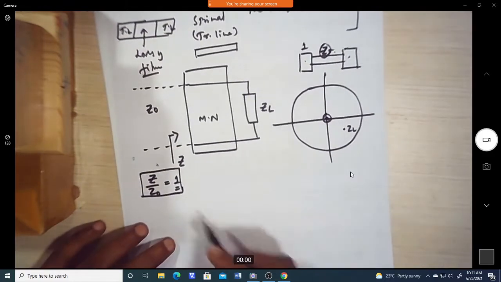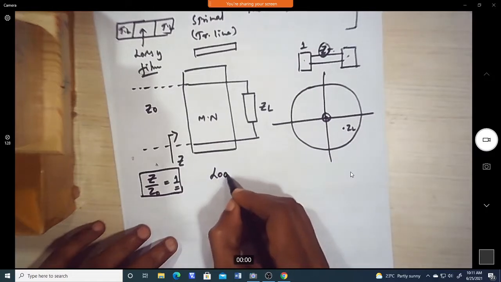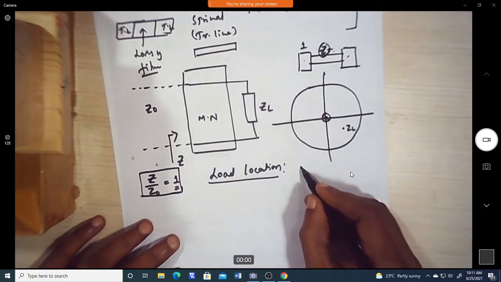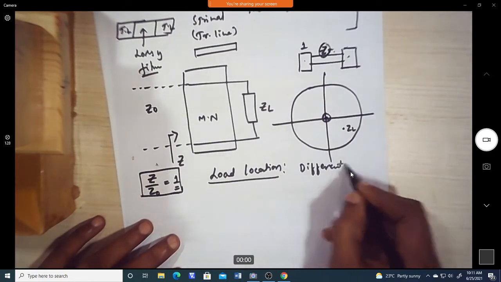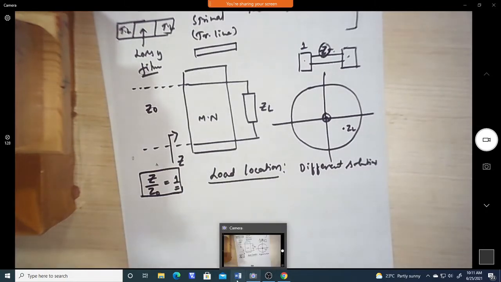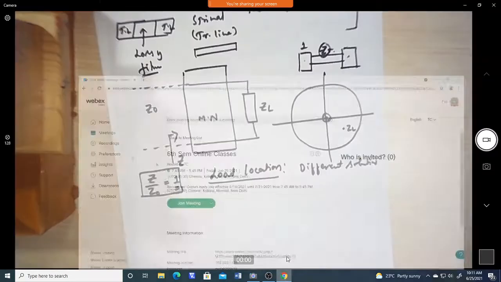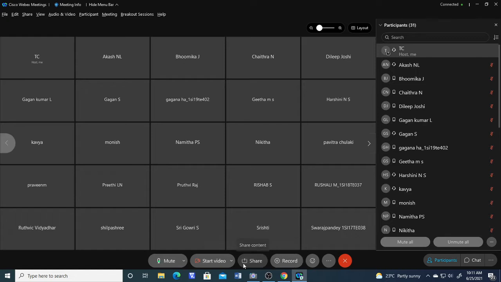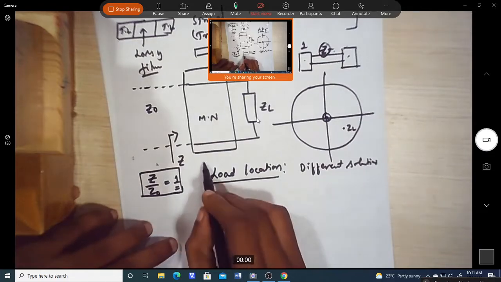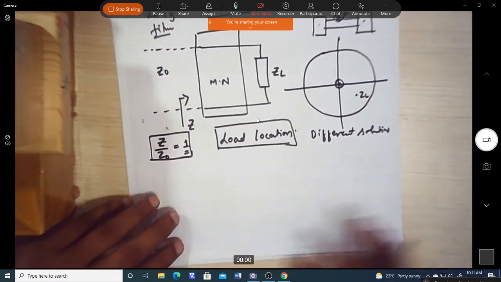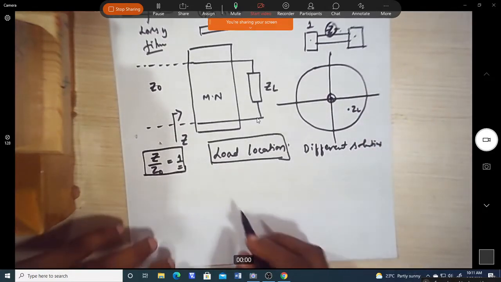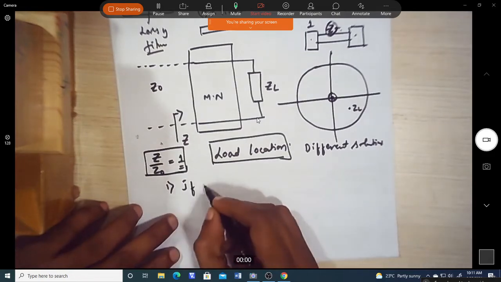Depending upon the load location, we will have different solutions. Now let us see, for different locations of ZL, how we are able to arrive at the solution. So now the first case, if the load